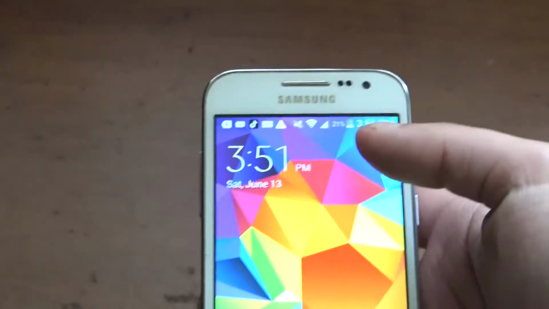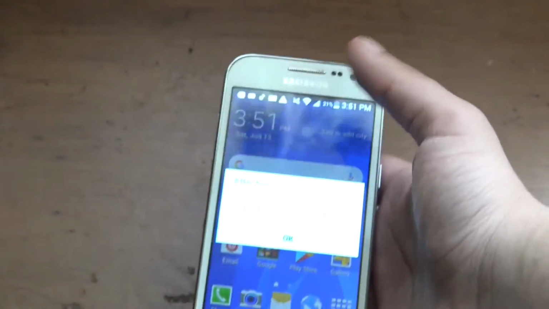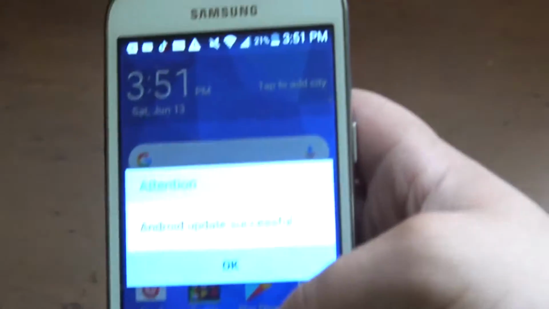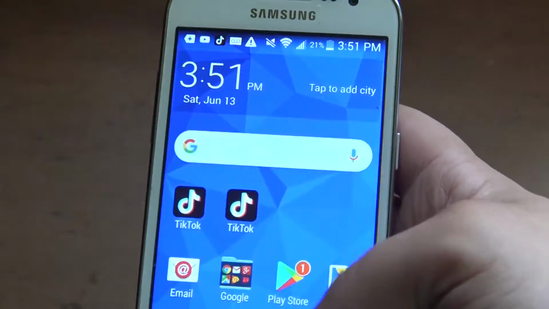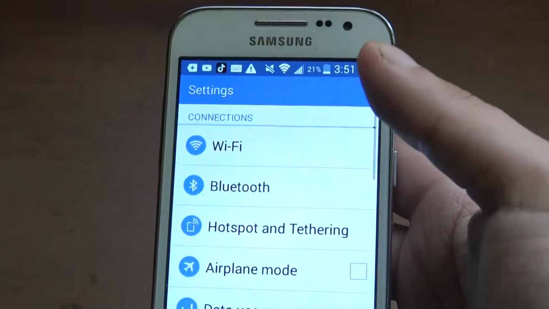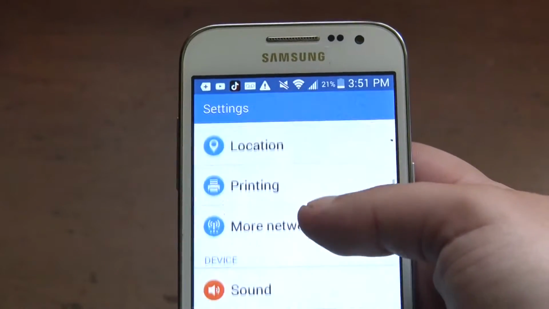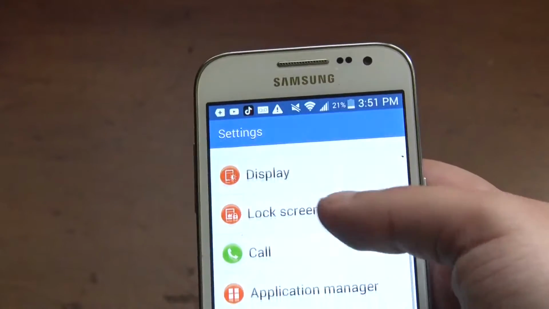Now what you want to do is turn on your smartphone like so and head over to settings right here. You want to head over to your settings. This will work for any Android phone you have. Go right here and go down to where you see